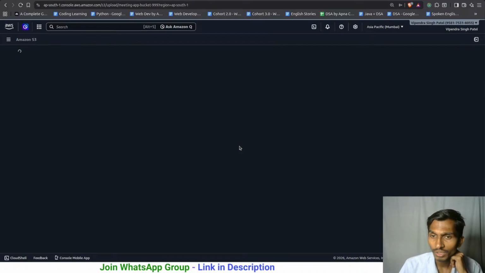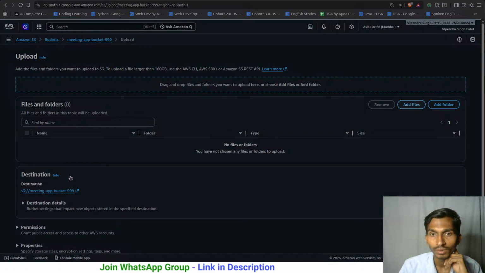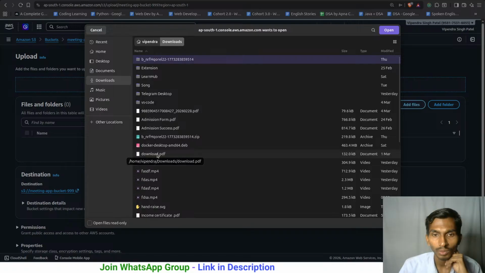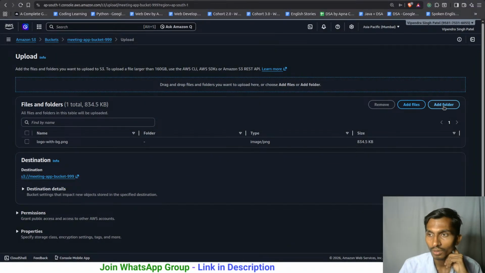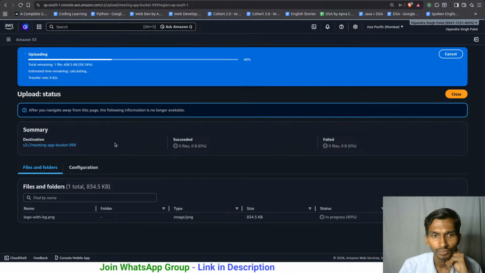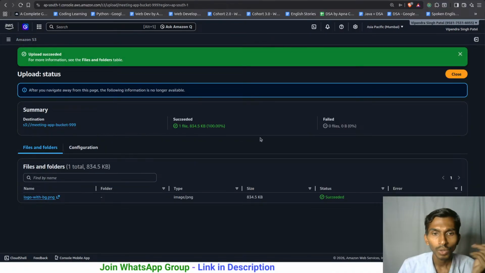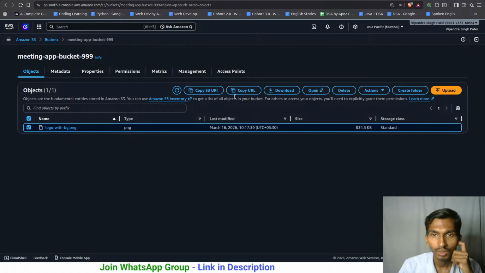Even if I upload something here, let me upload something, add files, and suppose I upload this logo here. Let me click on upload and it should be uploaded. So I have uploaded this here, logo PNG. Close this. Here I am. If I select this, I will get the URL, copy the URL. If I paste the URL here,